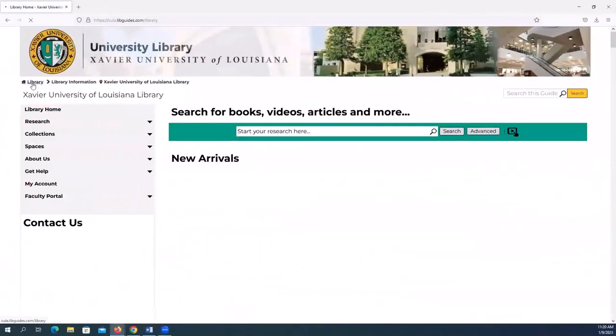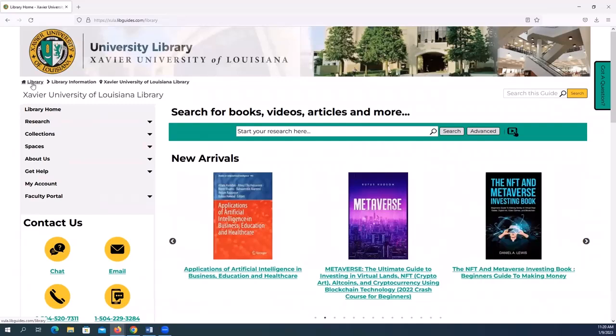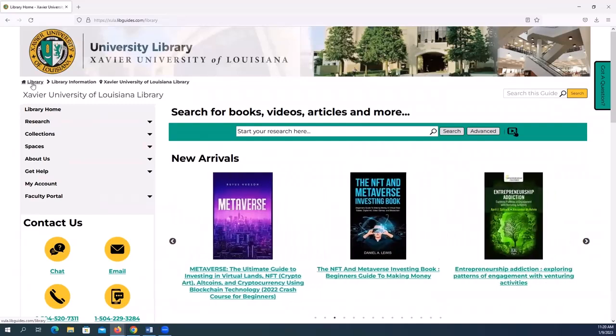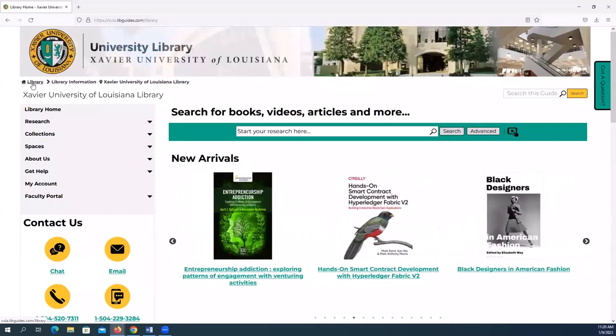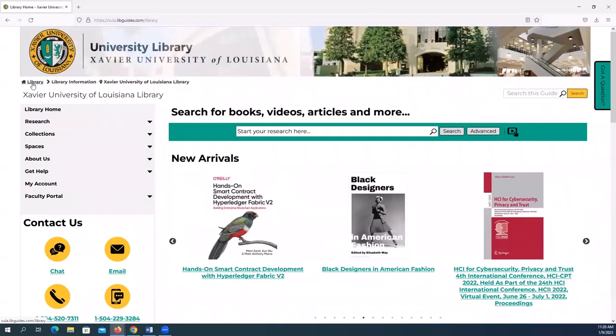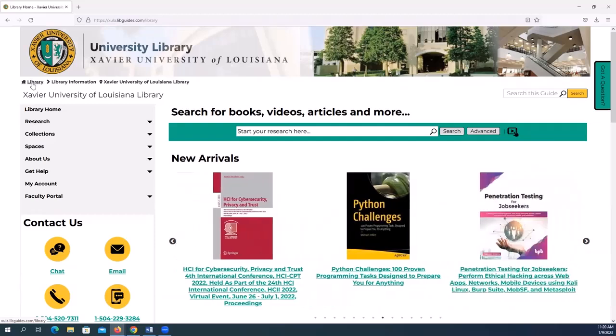So I'm just going to navigate back to our homepage, and this is what you'll see. Now, when we're starting research here, obviously we want to use credible, reliable sources, right? Not just anything we find if we were to Google and the first results that we get from Google. It's important that we recognize where we're getting this information, who is producing this information, and to analyze this information